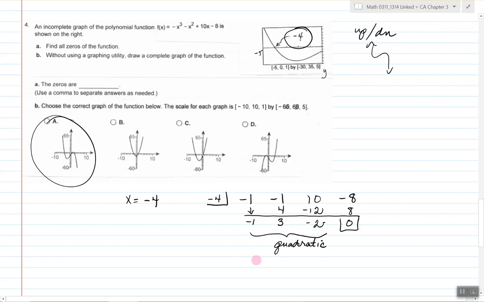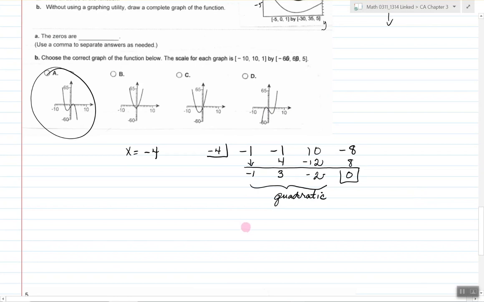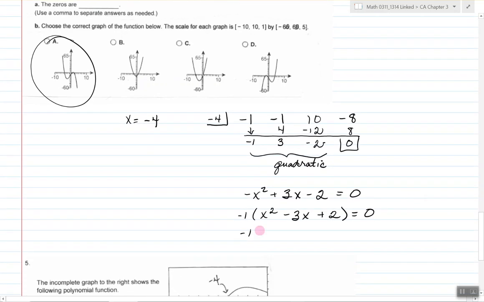I could try factoring. Let's see. Negative x squared plus 3x minus 2 equals 0. I don't like the leading term to be negative, so I'm going to factor out a negative 1. That will give me x squared minus 3x plus 2 equals 0. Keep that negative 1. That's x. These both have to be minus, so it's going to be minus 2 and minus 1. That gives me x